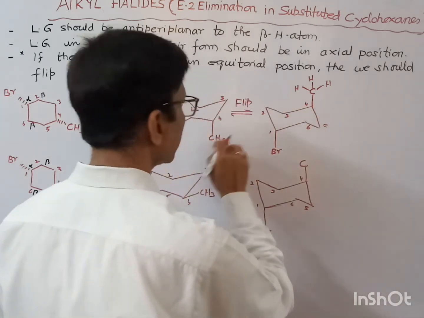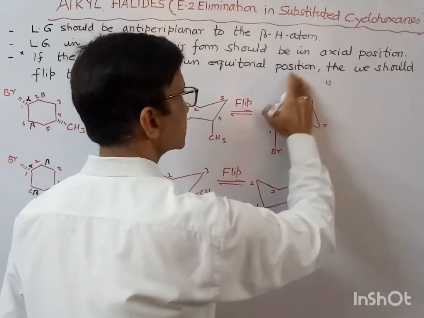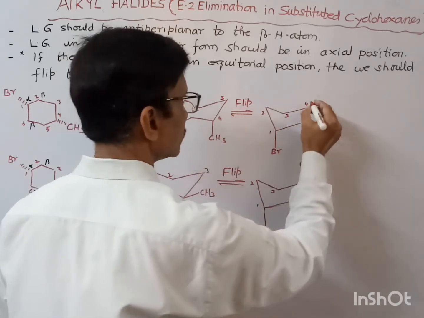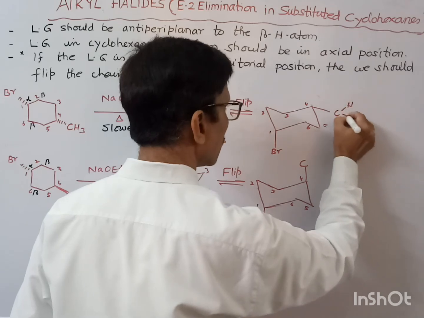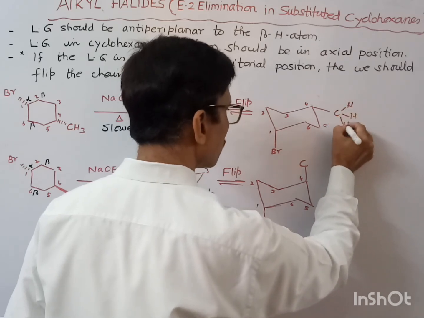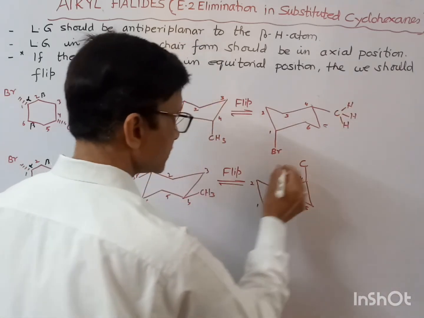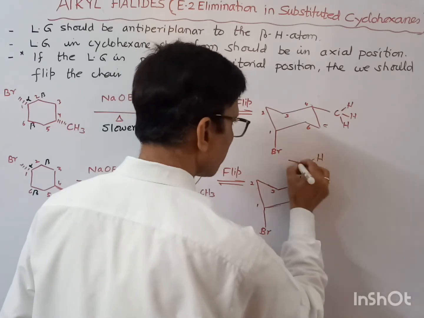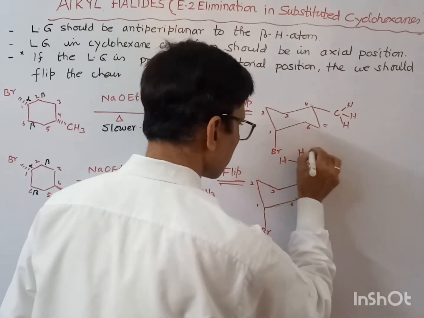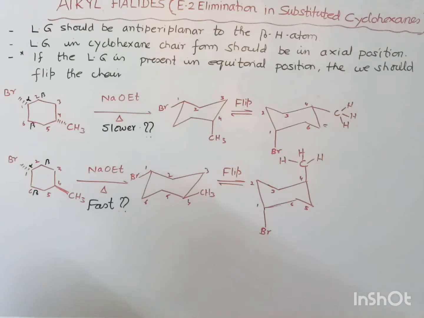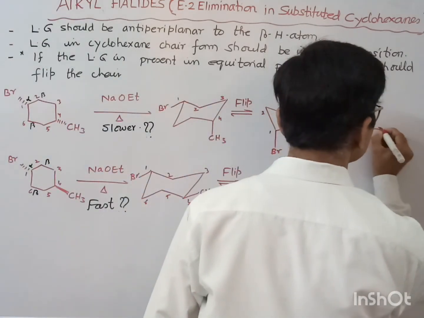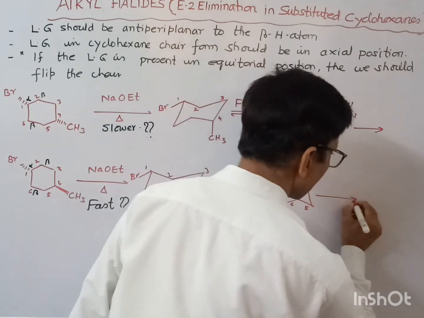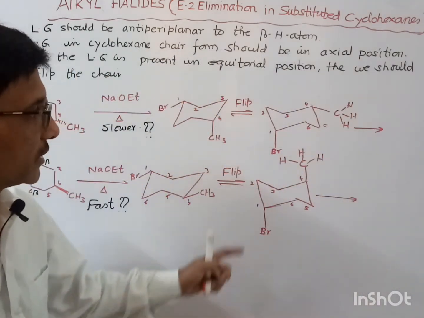Sorry, here in this case, this CH3 is down. This CH3 is in down position, and in this case CH3 is in up position, like this. Okay. So if we want to write the elimination product, then